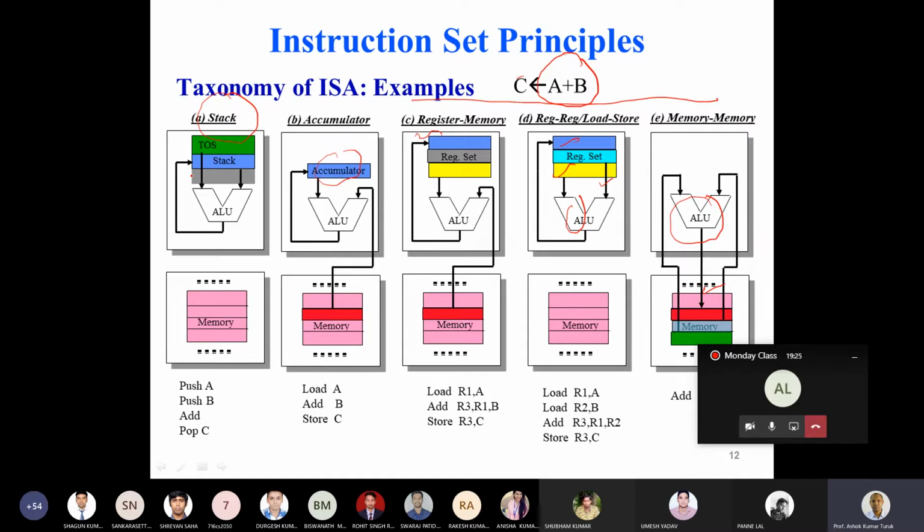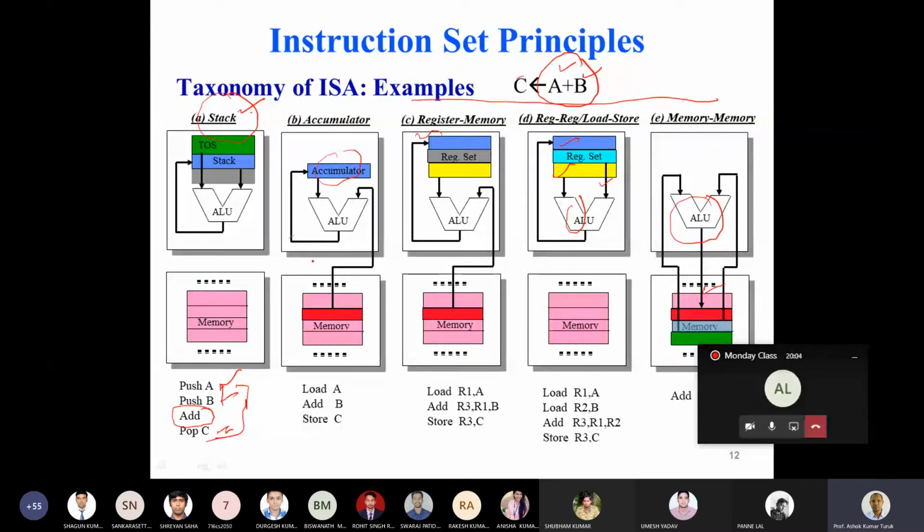Now, if I perform this in a stack base, then I need to push the operand A and operand B onto the stack. So push A, push B, then perform an add operation. To perform the add operation, you retrieve two elements from the top of the stack, perform the add operation, and write the result back into the stack. So the size of the code generated is 4.